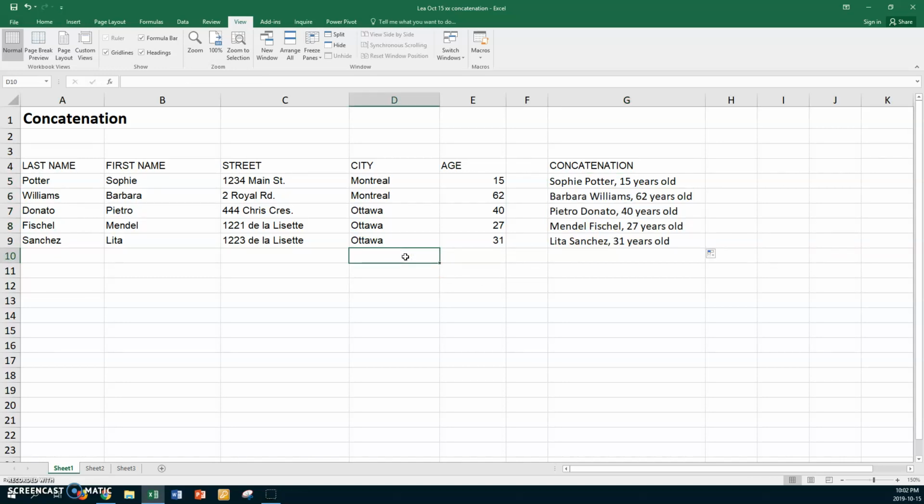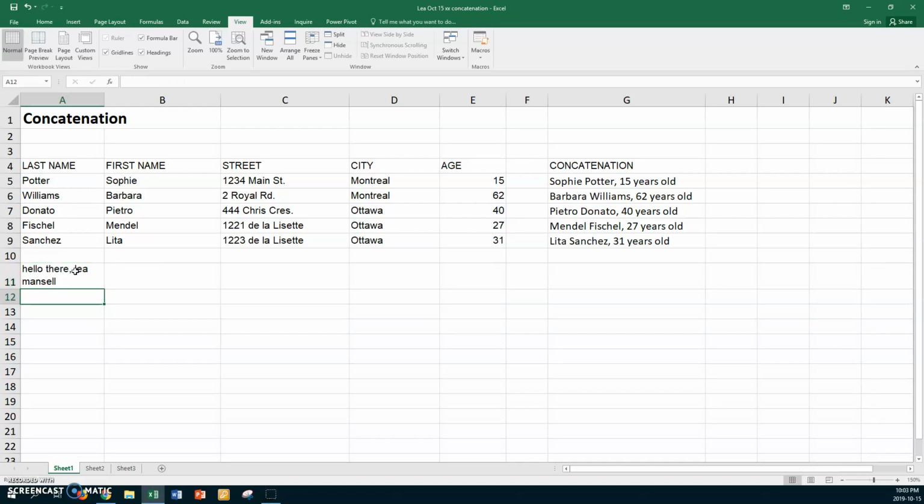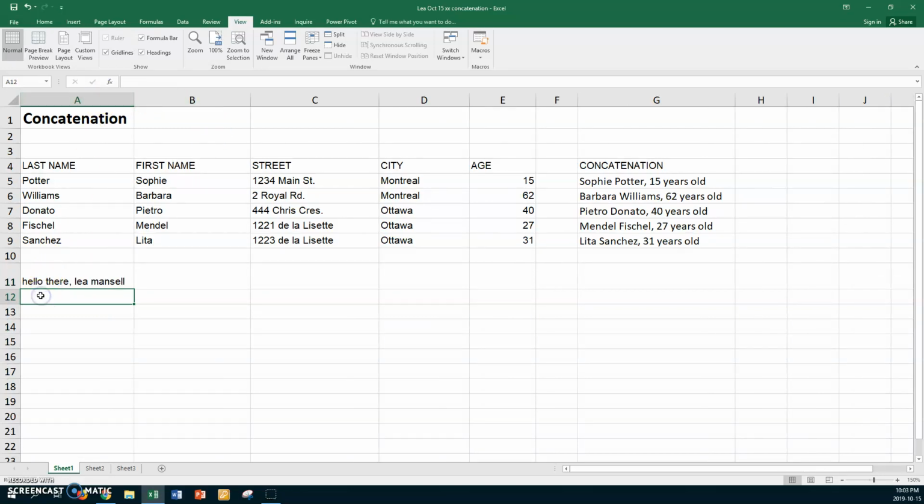Now I think there's one other thing they asked you to do in this one document, and that is to change the text. You know how in Word you can just go Shift F3 and change the text easily. Okay, it's not so easy in Excel. So I'm going to type in hello there, and I'm going to put in a comma space, and I'm going to type, and did you notice that I didn't put any capital letters on here? Okay, I left that one all lowercase,